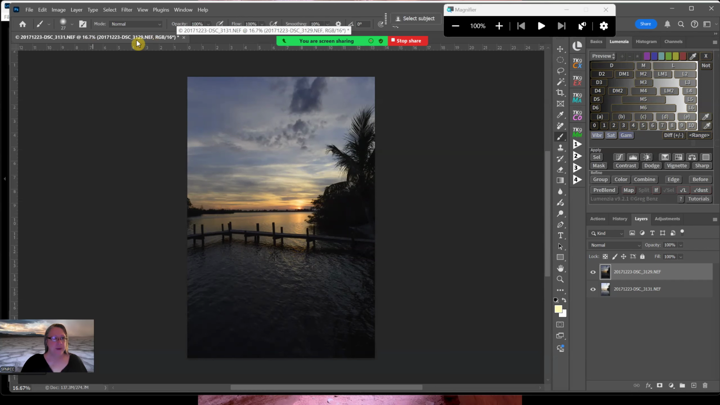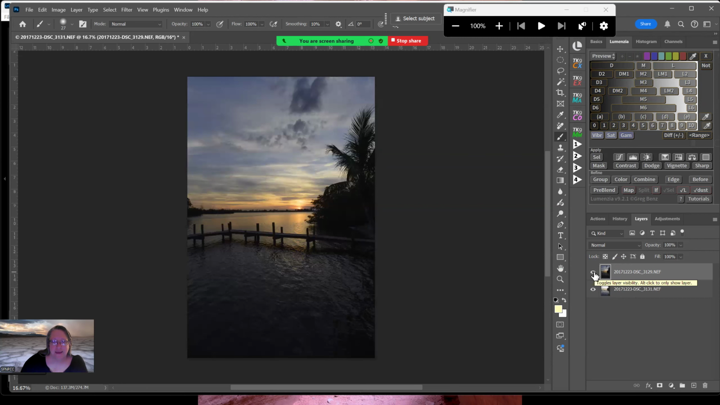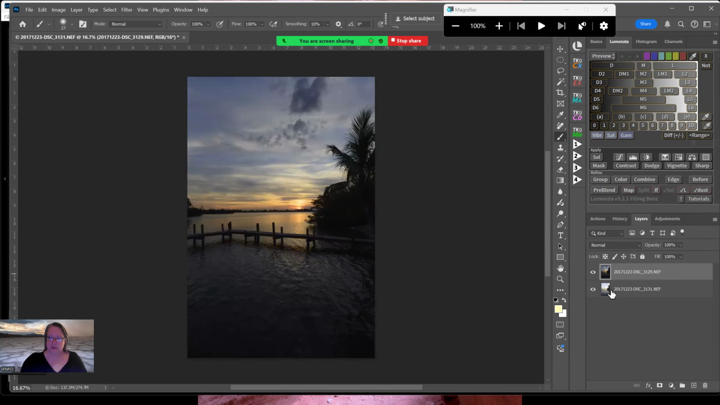So you see here, up here is where the files are. We have one file, but both of our images are here. So let's say we like the sky in this one, but in this image we like the foreground. So what I want to do is paint out the bright sky here. So what we're going to do is,